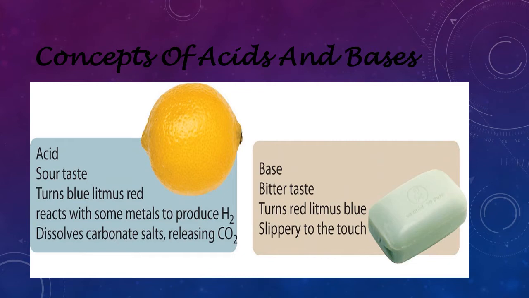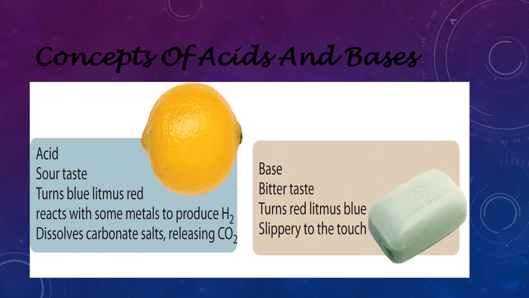Similarly, here the word is used litmus paper. As we measure the temperature by a thermometer, similarly litmus paper is used to measure acidity or basicity. It is having two colors, red and blue. When you are taking acids in a beaker and dip a litmus paper, you will notice that it turns the blue litmus red, and the opposite happens with that of base. Base turns the red litmus blue.